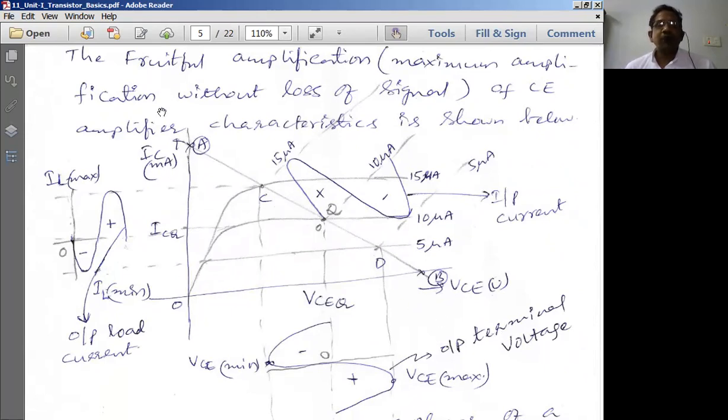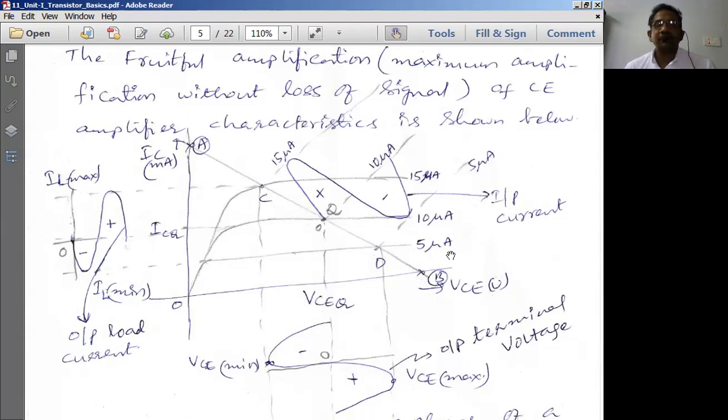So how do we normally get the DC load line? The DC load line is normally drawn by taking two points. One is the maximum VCE, and the other is the maximum current. The maximum current is known as the saturation current, and the maximum VCE is simply VCC for us. Once we get these two points, we simply join them,